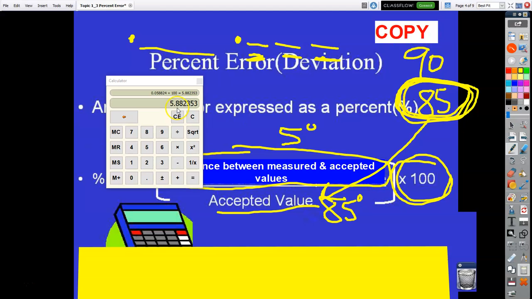So in this case, because I have 5.882, etc., when I want to round to the tenth place, I look at this digit. You always look at the number just next to the digit you want to round to. Because I'm rounding to the tenth, I look at the hundredth place. Well, this is an 8, and I use the rhyme: 5 or more, raise the score, 4 or less, let it rest. So that means because this is 5 or higher, this 8 becomes a 9. So this would now be